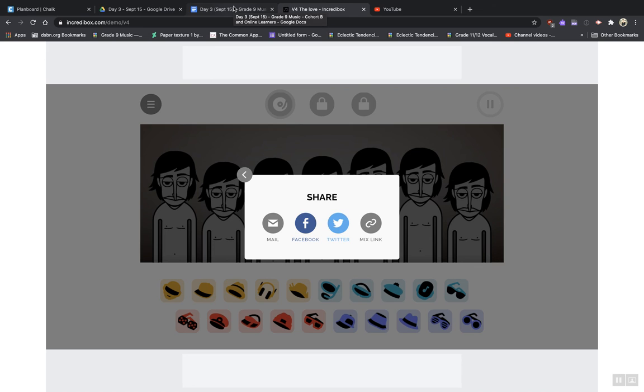Okay, so I want you to play around with Incredibox. I want you to figure that out. Figure out how to mute things, how to solo them, and practice making a song form, and then use that form to guide you to make a recording, and then save it and copy the mix link and paste it into